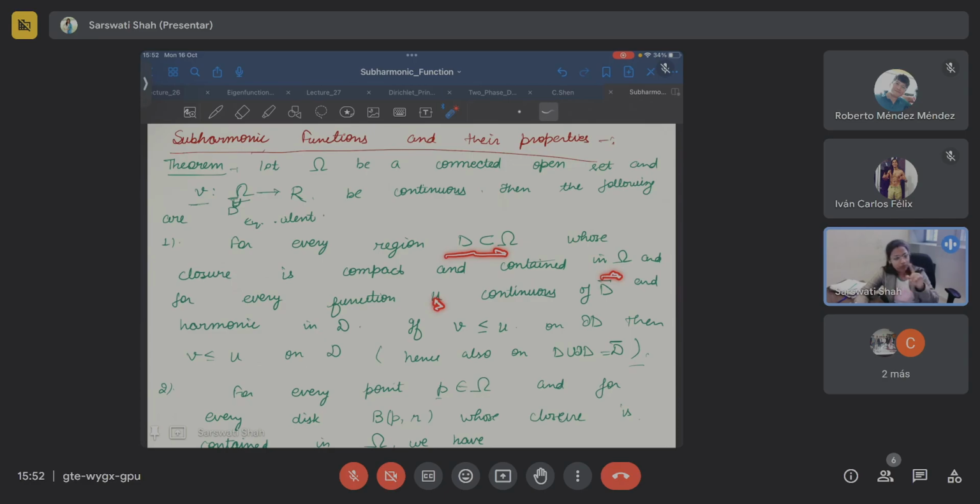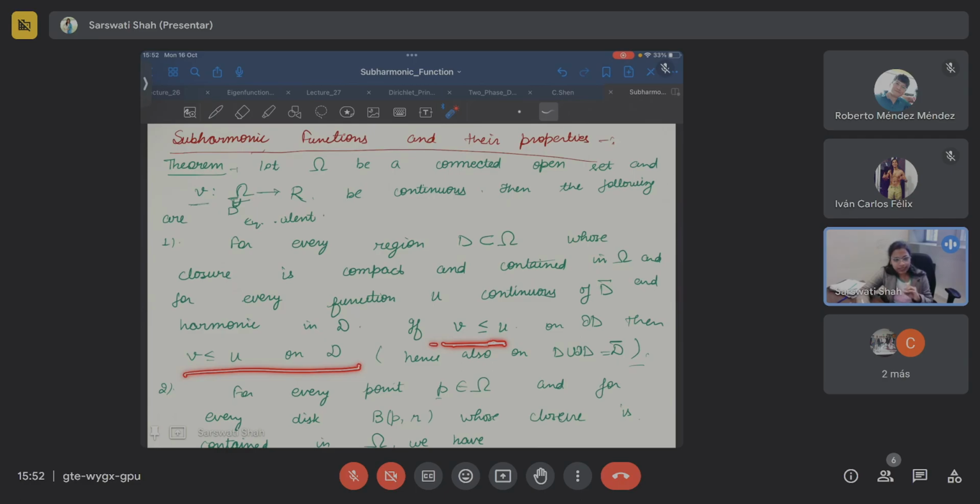We are not talking about the harmonicity on the boundary because at the boundary it might be differentiable or not. So that's why we say that U is continuous on the boundary and U is harmonic inside the domain D, such that V is less than or equal to U on the boundary of D. And then if this condition is given, it will imply automatically